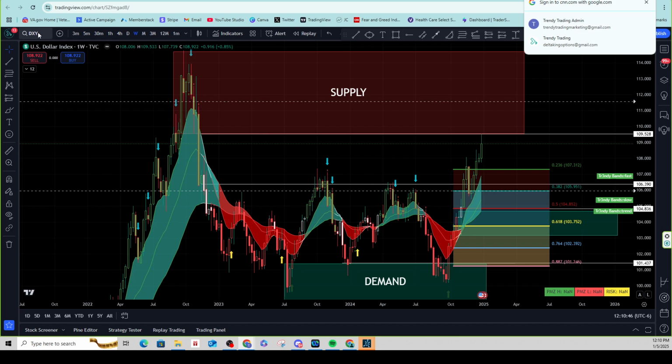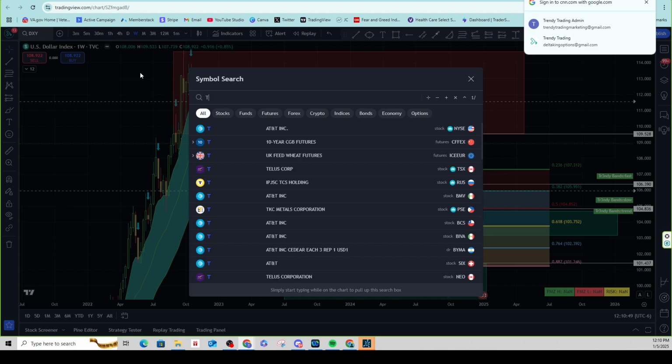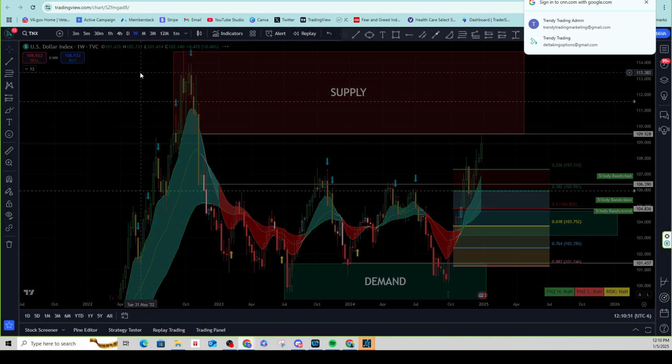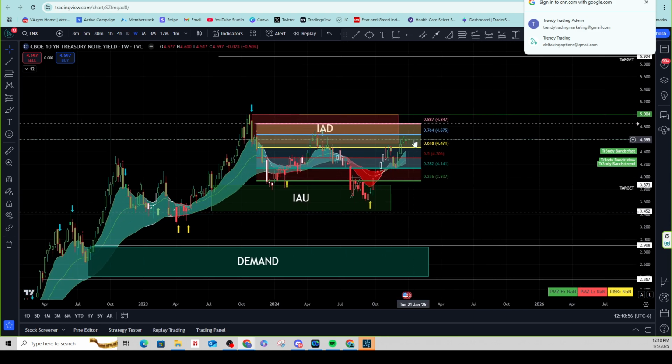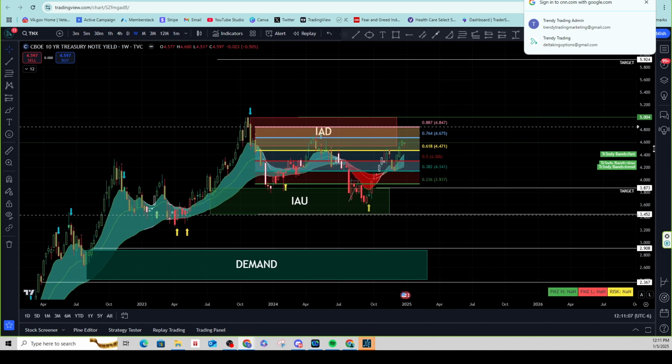Okay, let's go ahead and move on into the 10-year right here. So again, the 10-year treasury. Things are, again, teetering definitely on caution here. Looking at the dollar being strong, the TNX is still holding above the 618. It's above the cloud. There is a possibility it could move up towards 4.8, where I do believe it would reject hard from there. As far as this week is concerned, if price stays above the 618, be cautious.